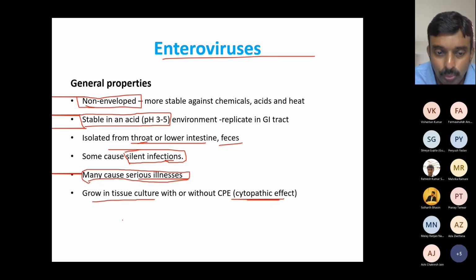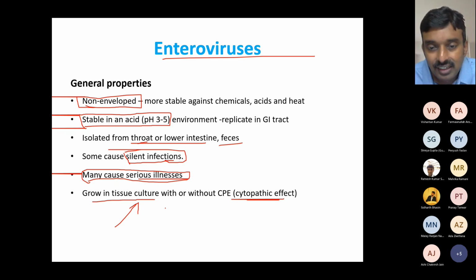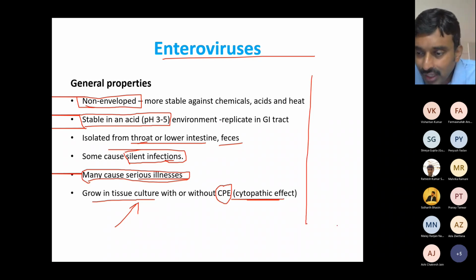So enteroviruses are a group of viruses that easily grow in cell culture or tissue culture, which means if you take human cells of a certain kind in a petri dish or a flask and add a sample that contains enteroviruses, these viruses will infect the cells in the petri dish, replicate inside the cells, and when they replicate, they may cause something called cytopathogenic effect or cytopathic effect. Both the terms are used interchangeably, which means they cause tangible damage or changes in the morphology of the cells that they grow in. Anybody has any questions until this point of time? Are you guys with me?